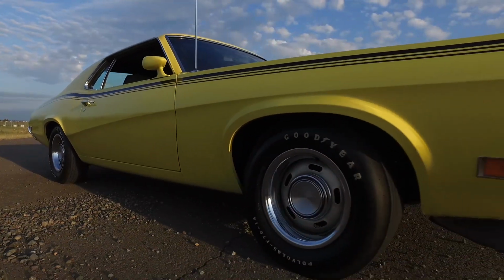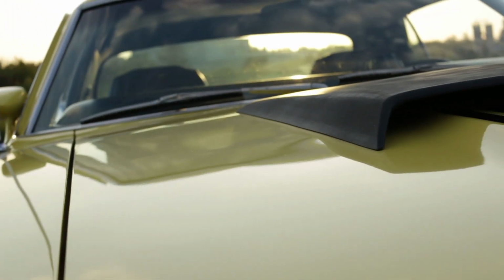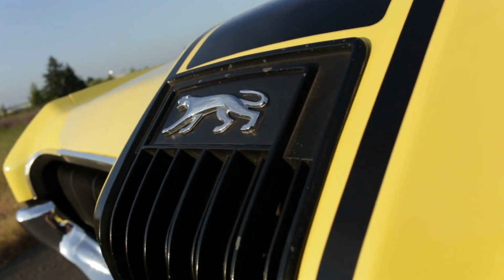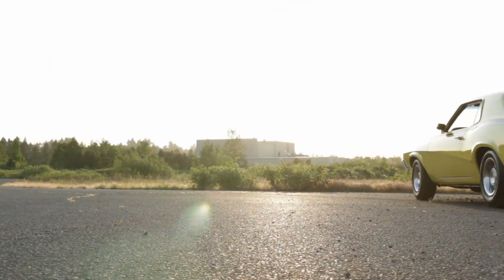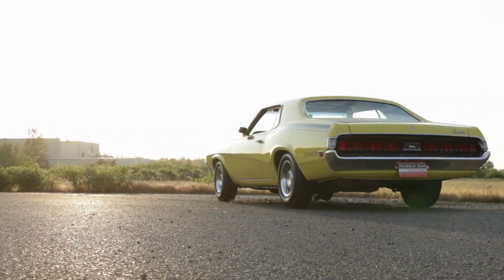Muscle car fans had a bunch of choices back in 1970, as nearly every American manufacturer had their foot to the floor building fire-breathing cars for those craving speed and style. And some brands even stepped outside their comfort zone to build attention-getting versions of cars that would normally be associated